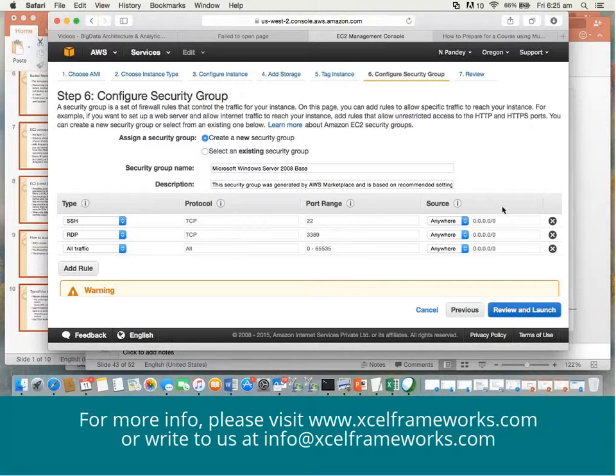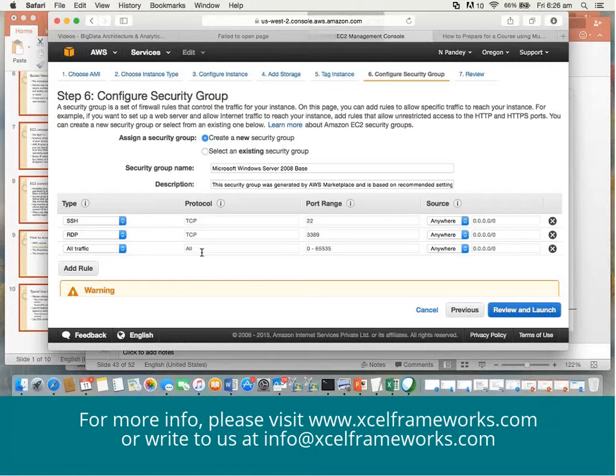What we are doing as of now is creating a security group. Okay, fine, now this can be decided by you. For example, assume that I want to install Cloudera on this Windows machine. When I install Cloudera, it will start various services, and I want those services to be accessible from outside. If I want to do that, I'll go and open those ports. So either add one port or you just specify all.